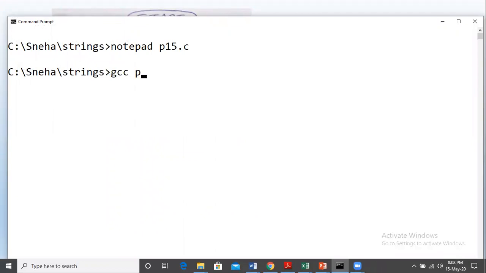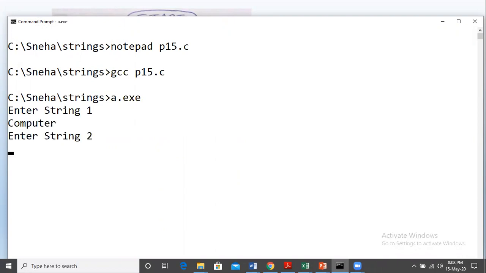We are compiling here with gcc program name.c and then a.out is for execution, or we may use a.exe also. So enter string 1. Okay, so here let us give computer, and string 2, programming, right? So string 1 is computer, string 2 is programming.